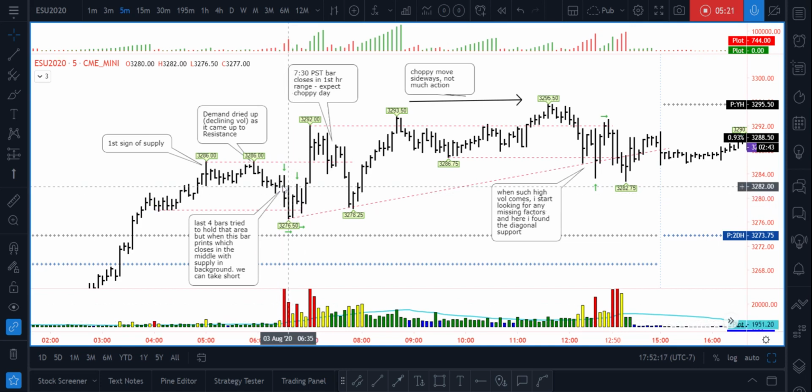Good, volume has increased, but what happened? It couldn't go up. It went up and then closed in the middle. It's a narrow bar closing in the middle, meaning sellers came up and then pushed it down. Okay, because of this selling and then weak demand, because none of these bars, even this demand bar